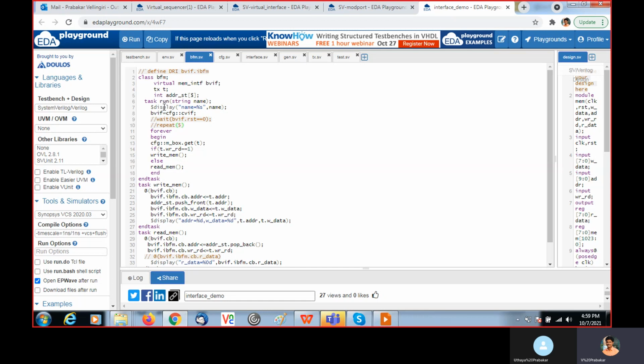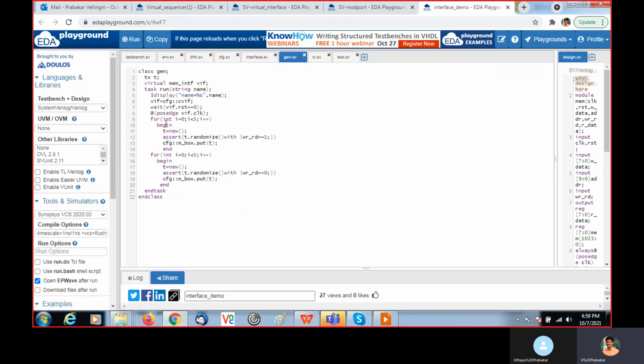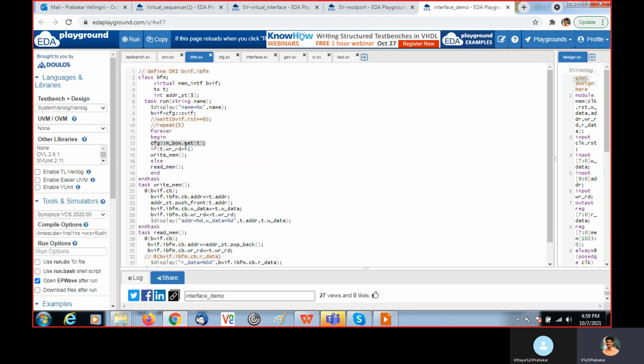So inside the run task, I collected it. For example, I told 100. That 100 location we are assigning to this DVAF. Then in forever, in the generator we put the transaction right here. So it is waiting, since get is blocking; until we get, it will wait. So here the mailbox we can access with the CFG scope resolution mbox dot get method. We are collecting this T here.